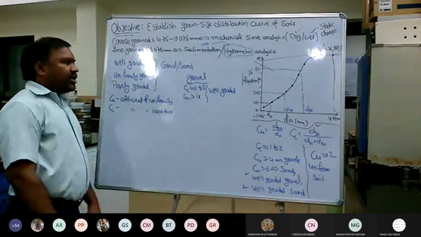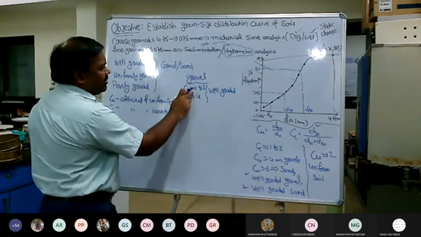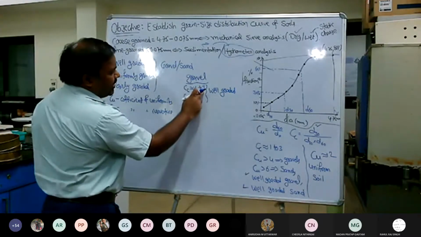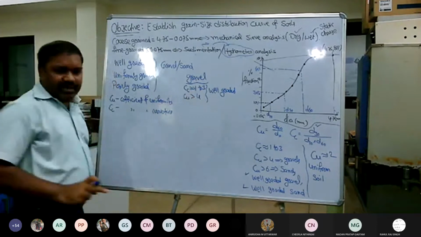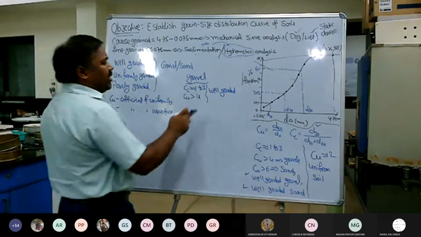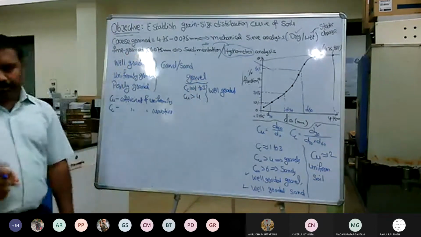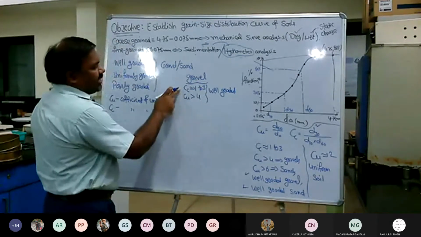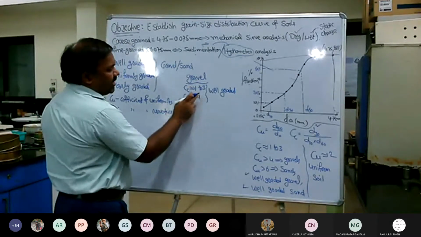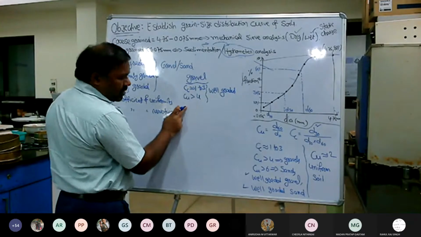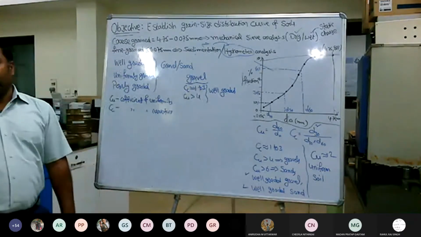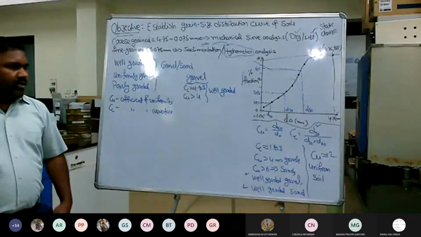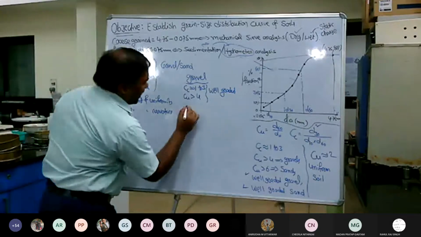If Cc is lesser than 1 or greater than 3, although Cu is greater than 4, then that is called a poorly graded gravel. Or otherwise, if Cc is between 1 and 3 and Cu is less than 4, even then it is called a well-graded gravel. On the other hand,